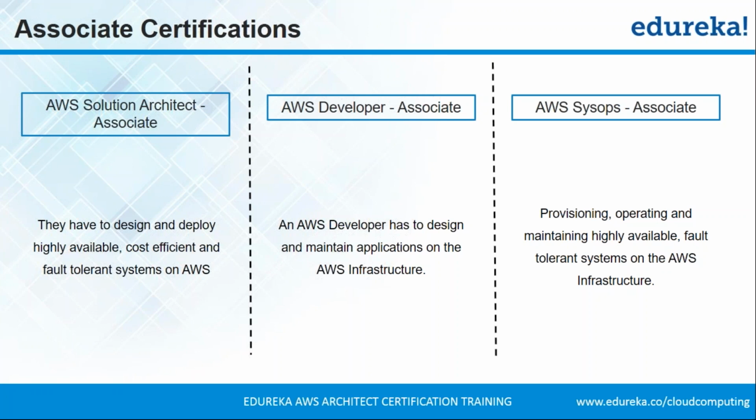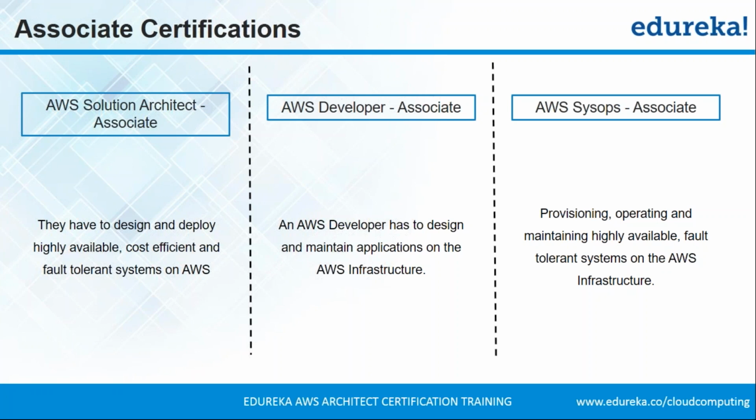So the infrastructure that the solution architect creates, and the applications that the AWS developer has created. Now the job of a SysOps associate is to maintain these applications and handle them on this infrastructure. Like I said, his job is more of a system administrator, and that is what AWS SysOps associate is all about. So guys, any doubts between any of the three roles that we just discussed?